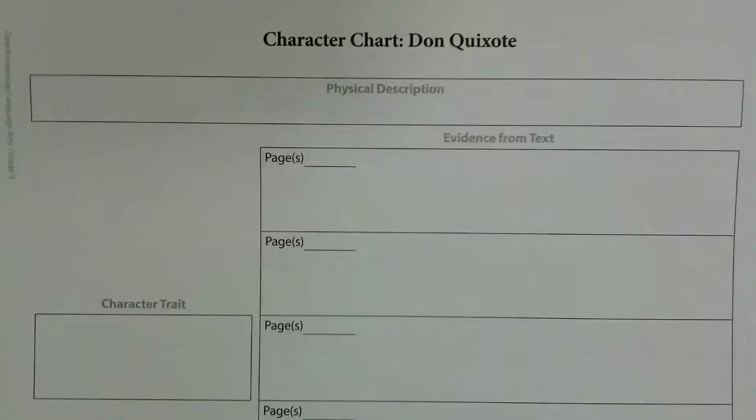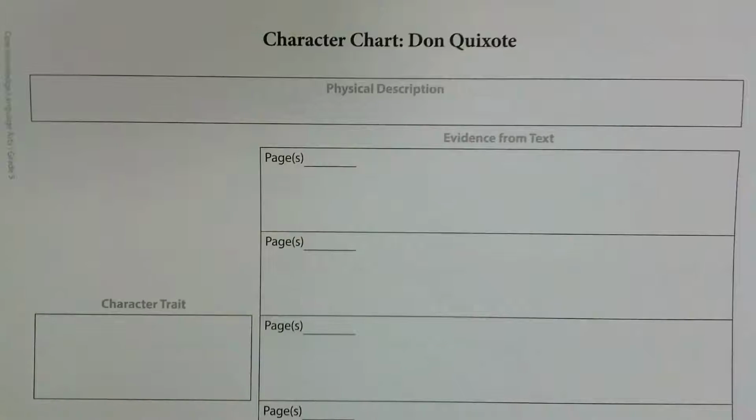You'll add more information to these charts as we read through the story, and we'll end up creating similar charts for other characters as we read through as well. So think about the physical description. Well, I might say that he's about 50 years old. He's tall and thin, has a small beard, and we know that he's dressed in old armor that must be